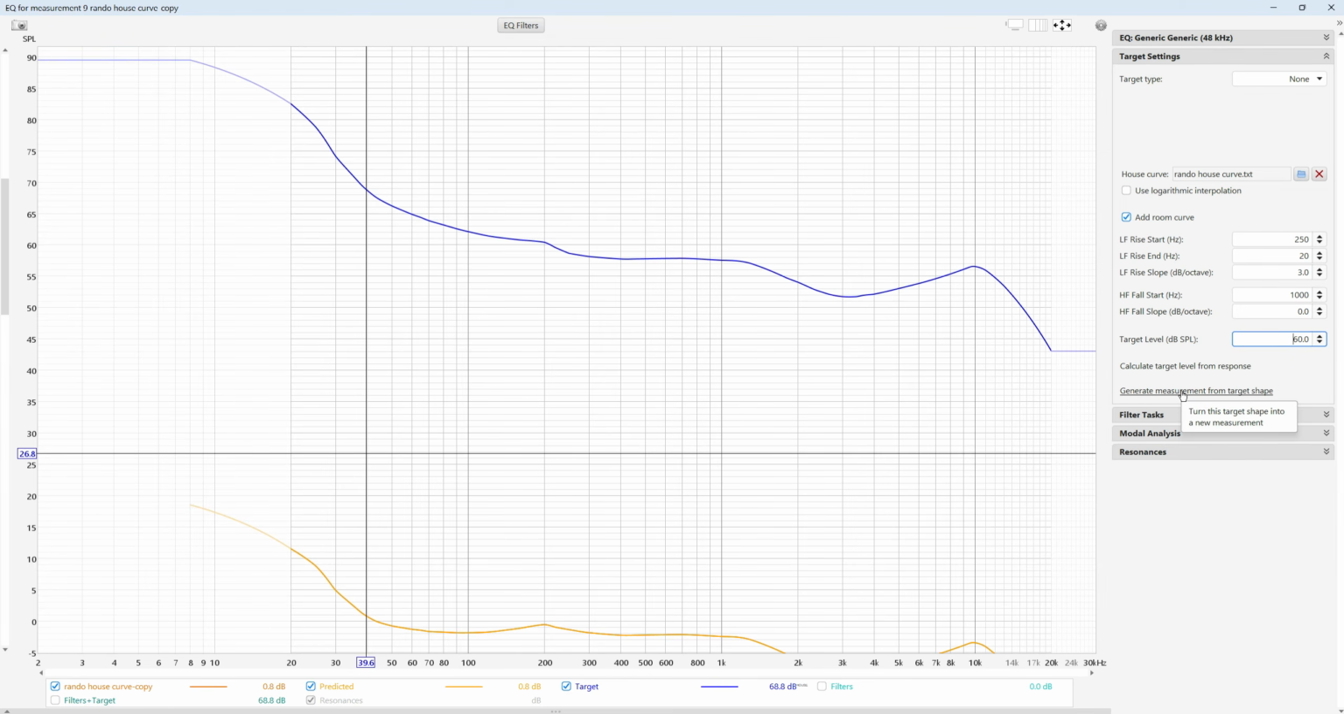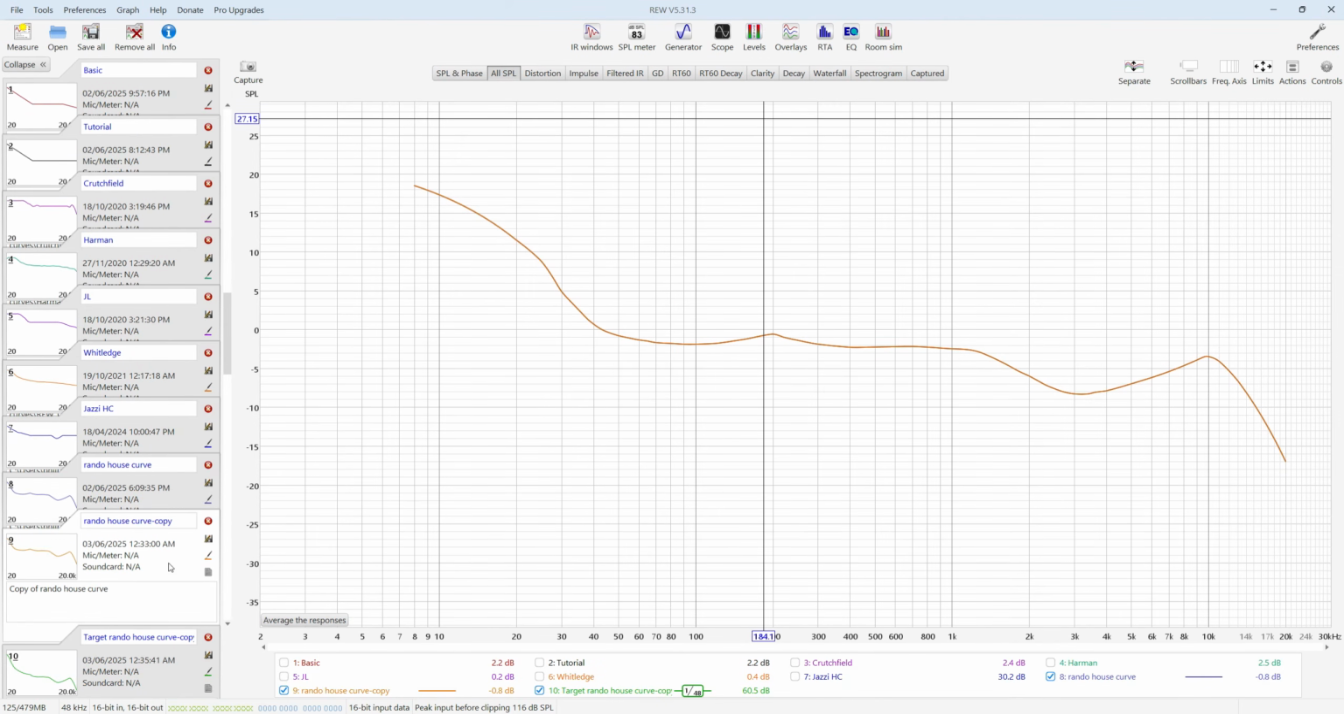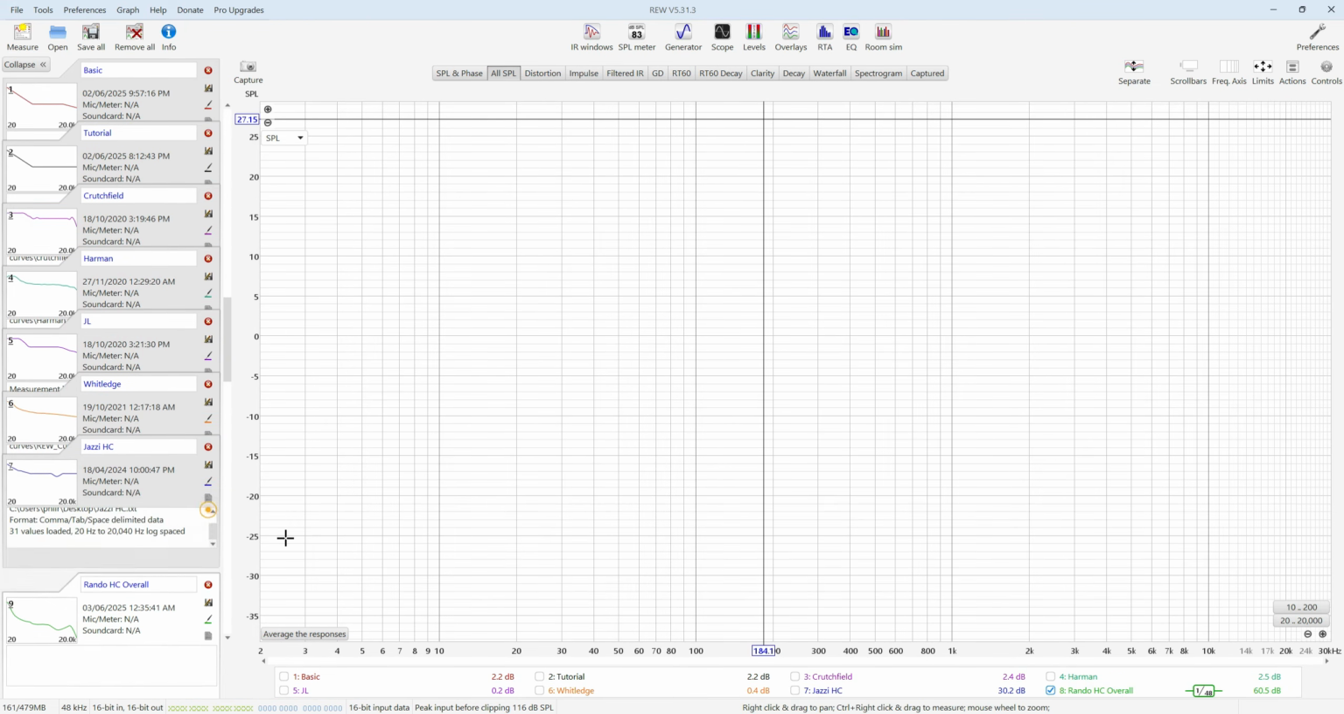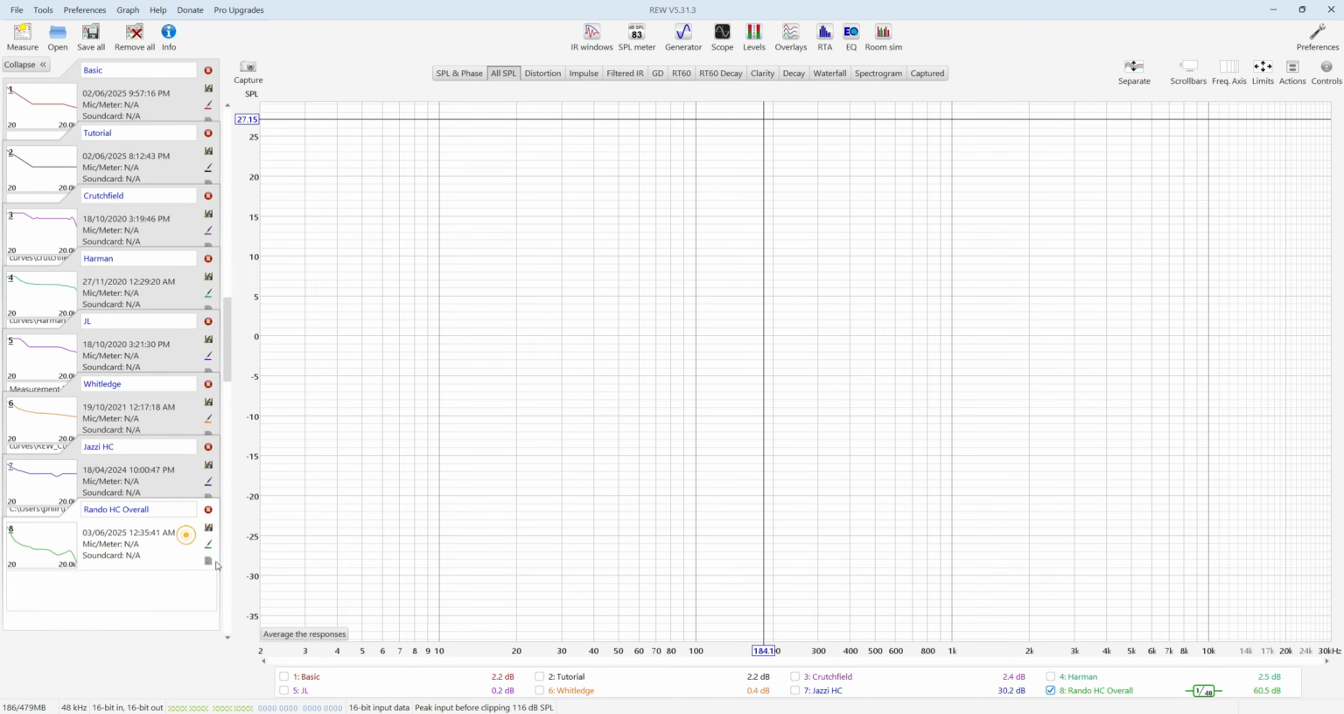We can now generate measurement from target shape, and now we have a copy of the house curve that we are going to use with our 3 dB rise, and we're going to use for our tune. I will call it overall, because that's now the house curve that we're going to use going forward, right? So I can literally get rid of these other copies, right? That's fine now. And now what I want to do is make up 4 copies of this